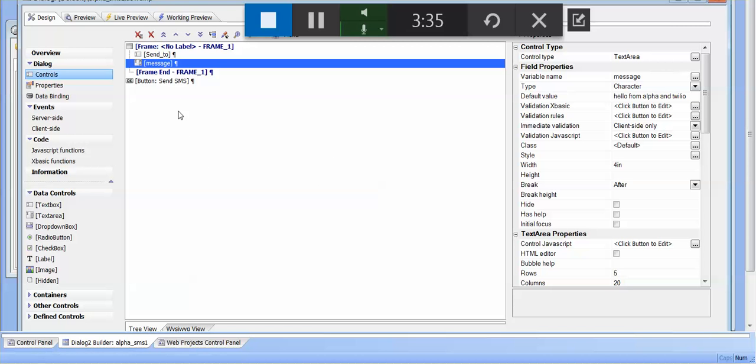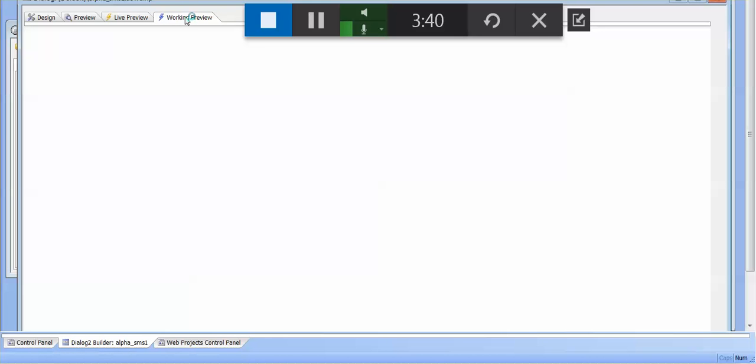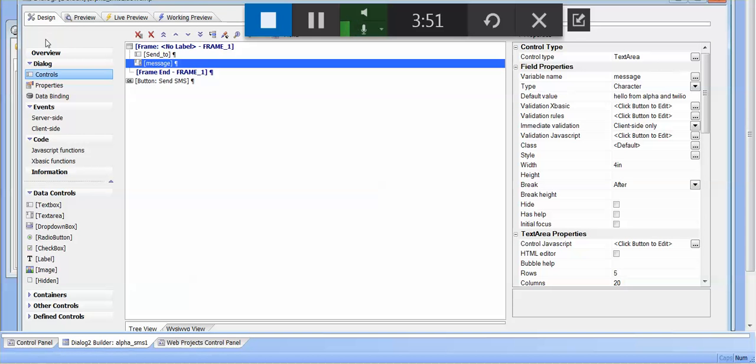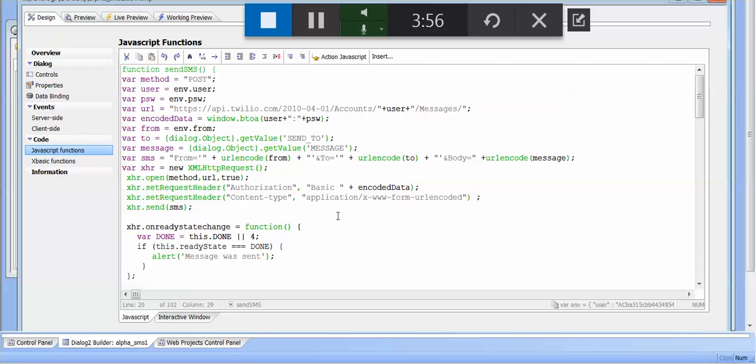So if you look at the working preview, you have the send to number, hello from Alpha. This is available. I want to go back to the design mode. I want to show you the JavaScript function. This is the most important one. I have given the code, and here we are declaring the method, we are getting the user from the environment variable, user, password the same, and we are going to build the Twilio